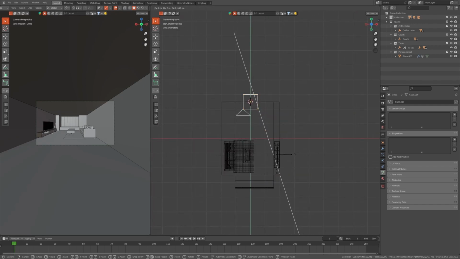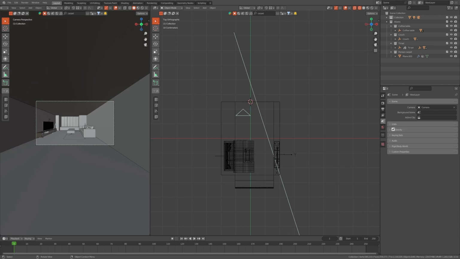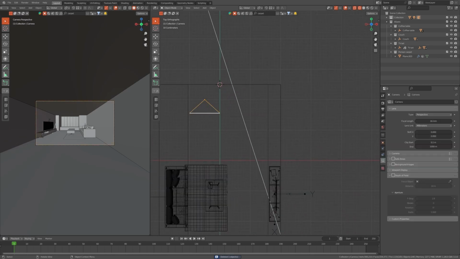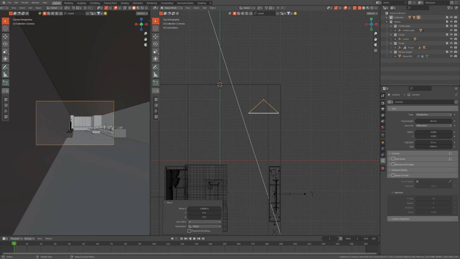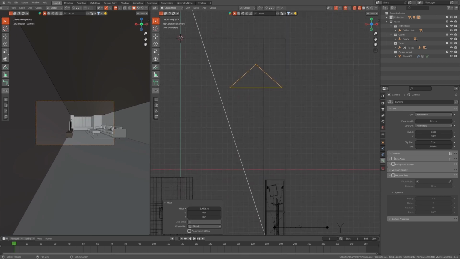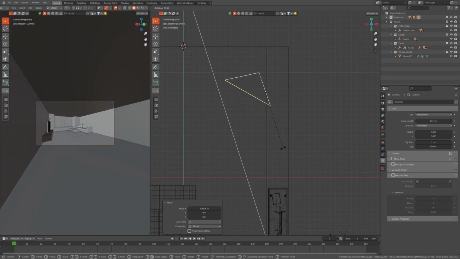So now we can delete this cube, select this cam GYX, something like this, bring it right here, and remember we have to show that arc, something like that. We can do this,